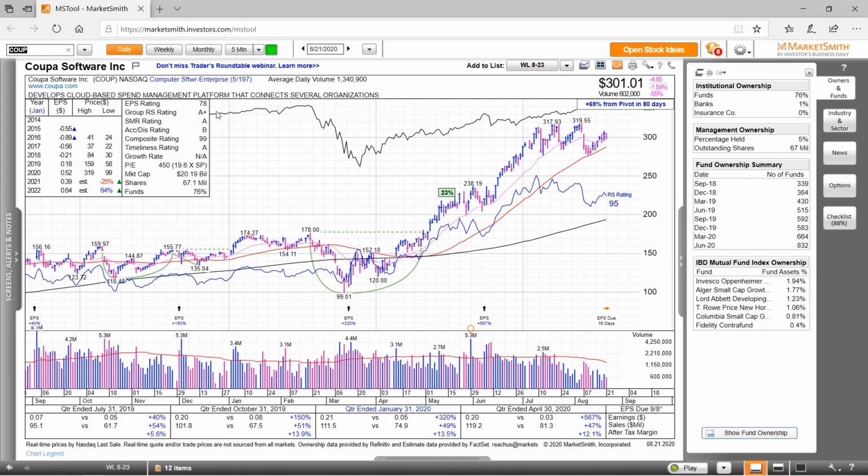The EPS rating is a 78, the Group RS is an A+, the SMR rating is an A, the accumulation distribution is a B, and the overall composite rating is a 99. And you've got an increasing trend in the fund ownership, and you have 6 high-quality funds investing into COUP software. And taking a look at the chart, you can see it's potentially in this nice flat base area, although